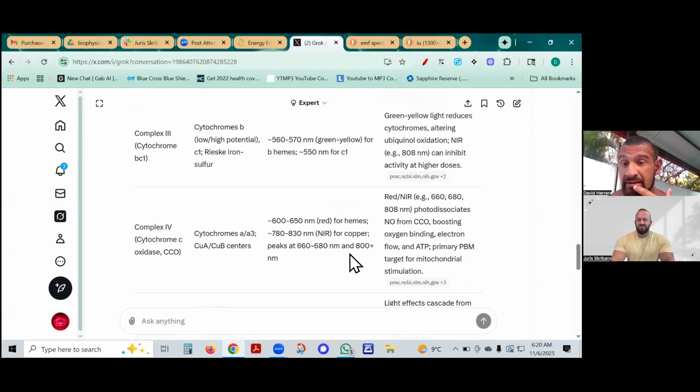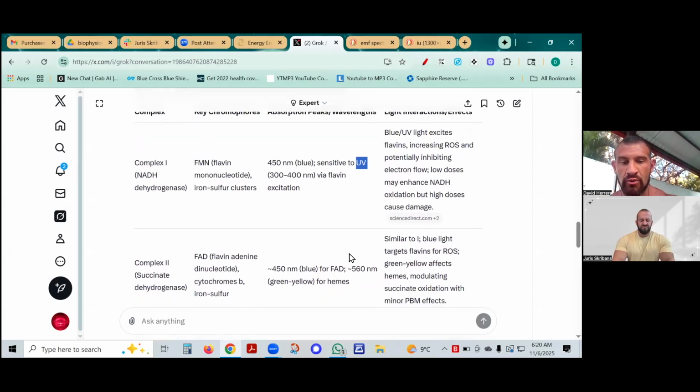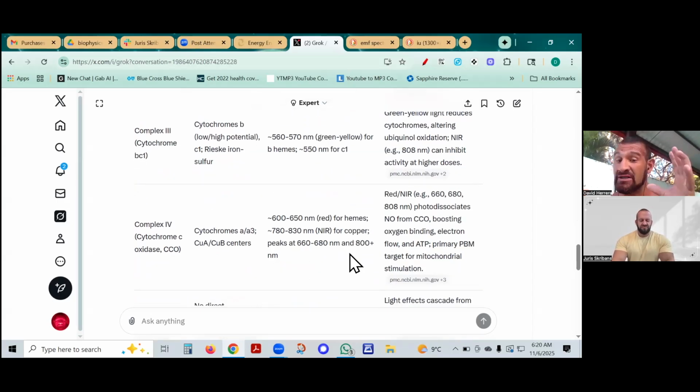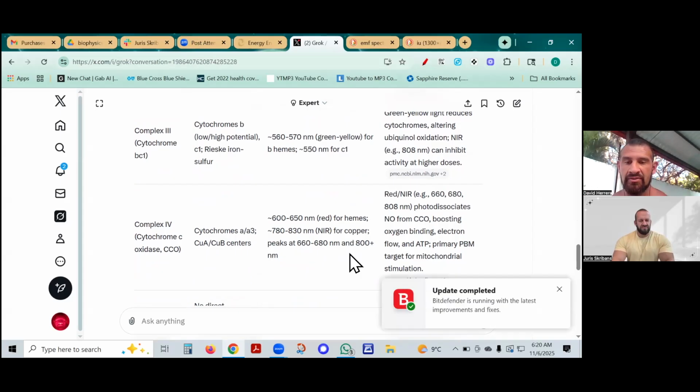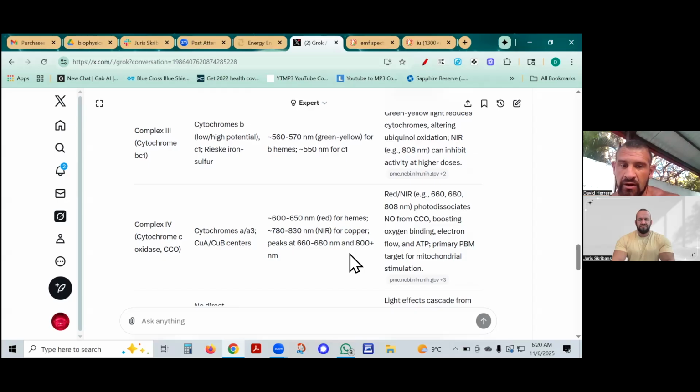That's a big deal. So when you have all these other colors, blue all the way through orange and red, combined with a lot of infrared, then you're going to essentially be optimizing the whole system together. Now, there's one important thing to understand about red, and this is from physics. Other than cytochrome 4, and again, cytochrome 4 cuts off at like 830, anything above 830, we don't have chromophores for.